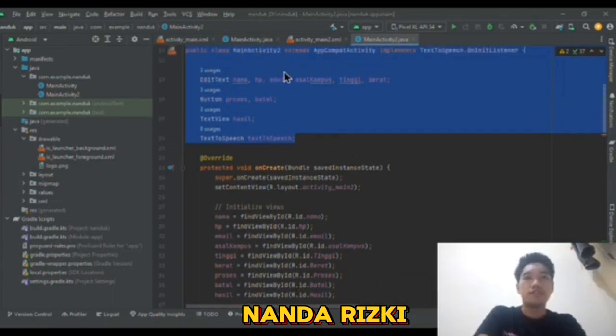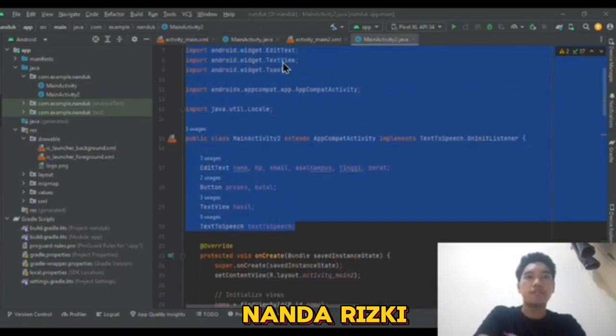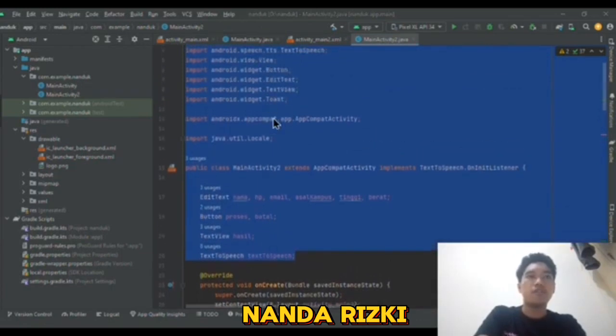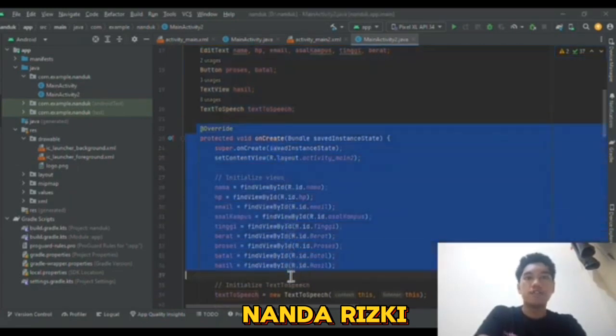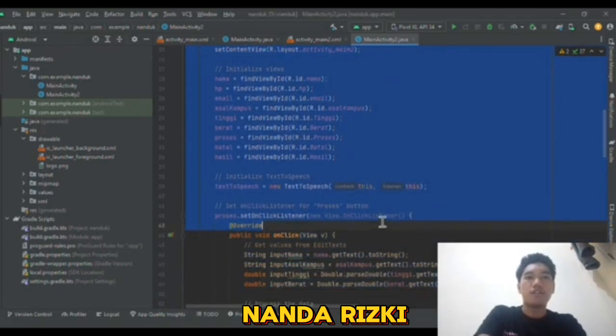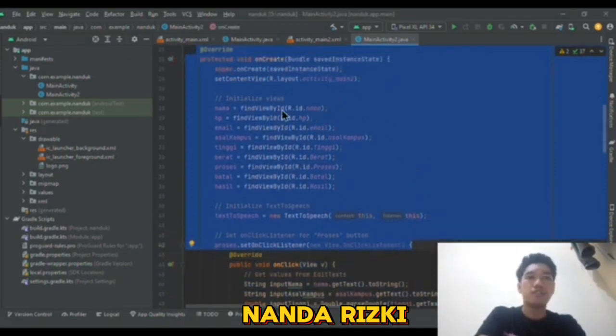This code defines an onCreate method that will run when the activity starts. It initializes the views and text-to-speech object, and defines a listener to handle the click event of the process button.